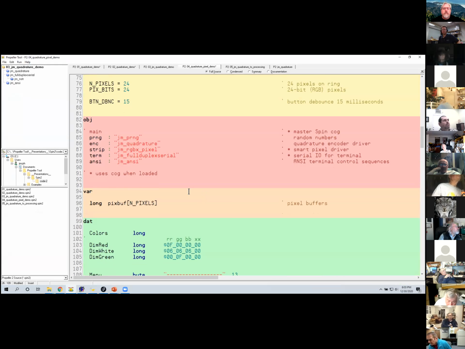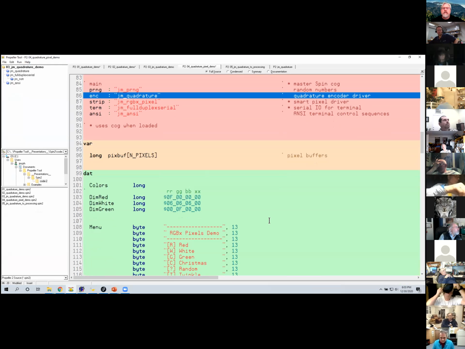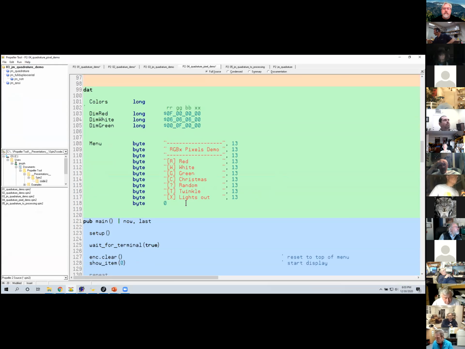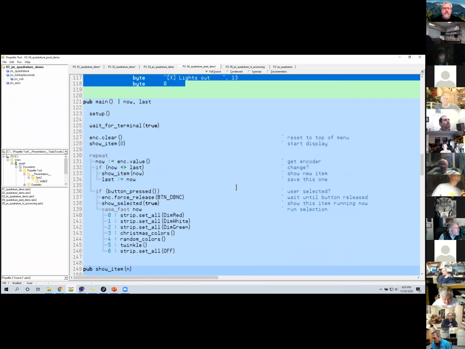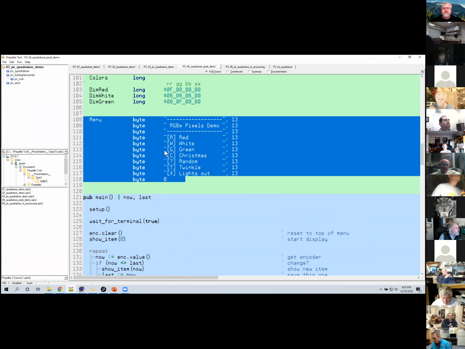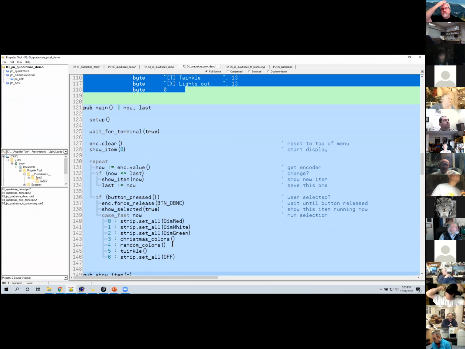What I did with this one is of course, I took the Pixel demo from last week with the menu and I added the encoder feature. Instead of displaying this menu, which I guess I should have taken out of the program because we're not using this anymore, I guess maybe I left it in for reference. What we're doing is displaying on the screen what we want to run, and as we turn the encoder, that changes. Now this is kind of boring on a screen, but once we have an LCD, this will make more sense. So if I run this program,